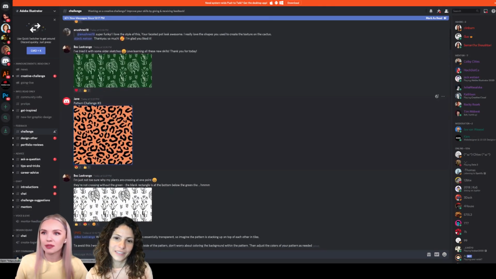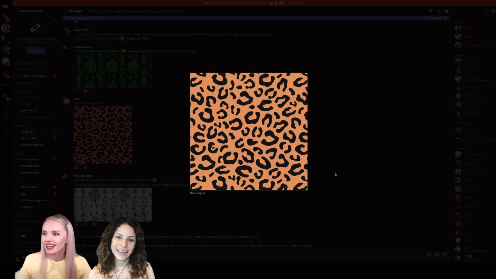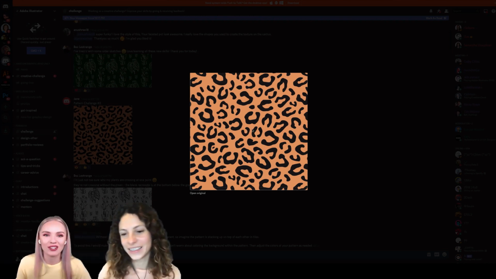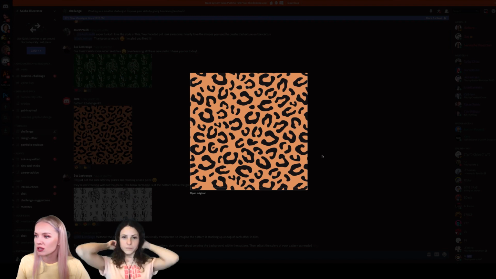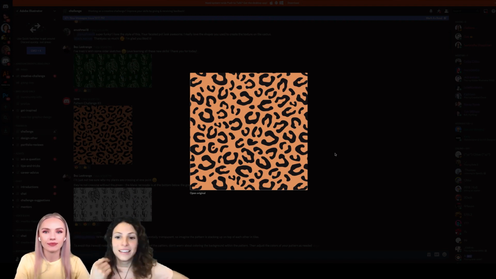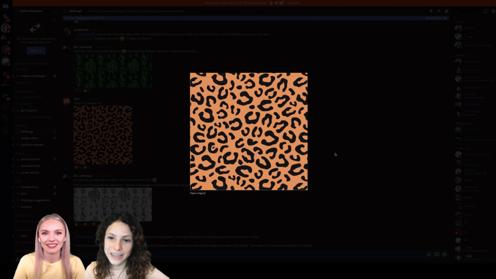Awesome. All right. Last but not least, we have to get back to Lina's work real quick. I love this. It's one of my favorite patterns, actually. I have several shirts in this pattern. I really like this. It's cool. Came out great. It's pretty well distributed. What do you think, Lina? Yes, it looks professionally done, like a perfect leopard pattern.